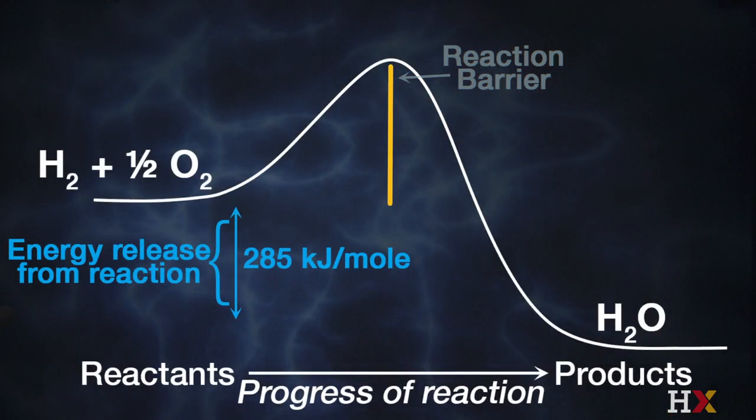We could release hydrogen into the room that's filled with oxygen and nothing would happen. In fact, we could put hydrogen and pure oxygen into the same balloon and nothing would happen. There's a reason for that, and that is that there's a barrier to that reaction. It's called the reaction barrier, and that reaction barrier is actually very significant. It's 430 kilojoules per mole,